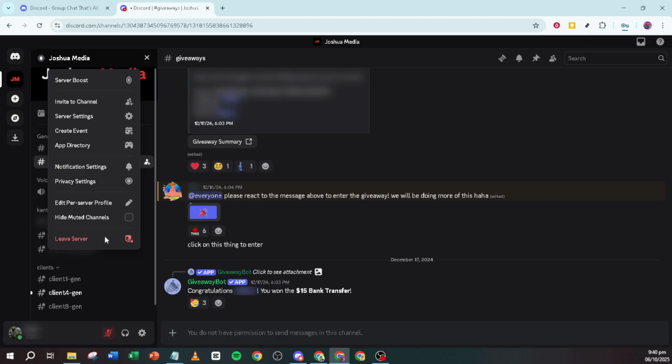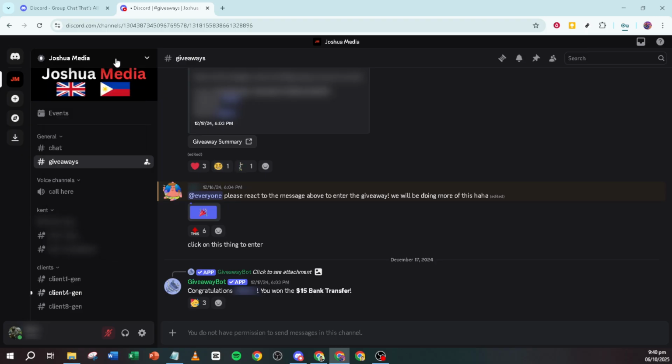Discord is a dynamic platform that's constantly being updated, so minor hiccups like this can occur from time to time. It's always a good idea to keep in communication with server admins and stay informed about any updates that might affect user settings. Remember, patience and clarity are your best tools when troubleshooting.